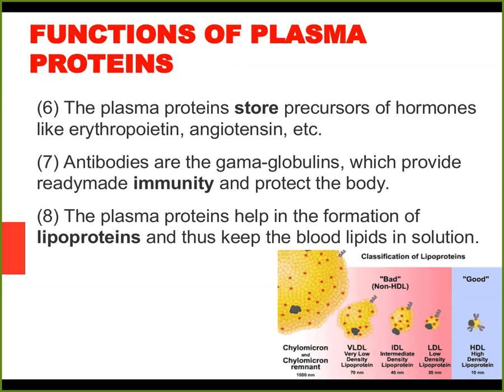Angiotensin may convert from an inactive form to an active form. And a subgroup of globulins are named gamma globulins or immunoglobulins, used for the immune system,